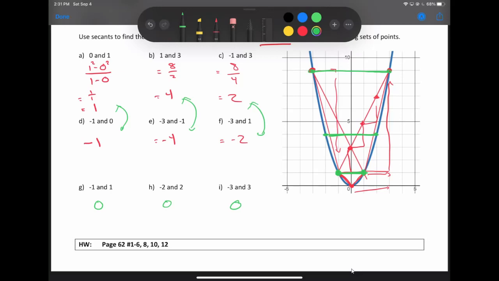That's pretty much all there is for secants. So I'm going to let you try some of those homework questions on your own, and then when we come back, we'll take a look and see if there's any of the questions that you'd like to take up from those,